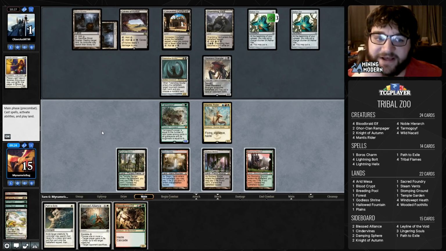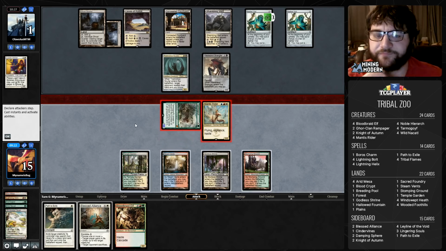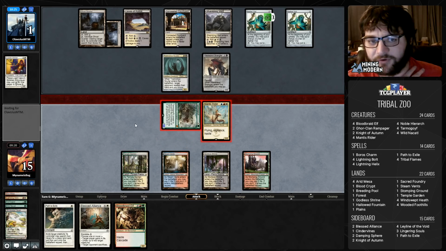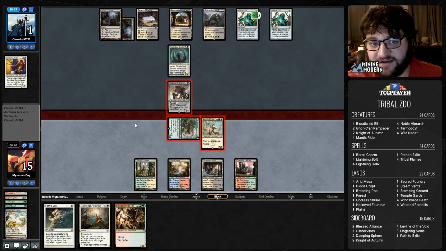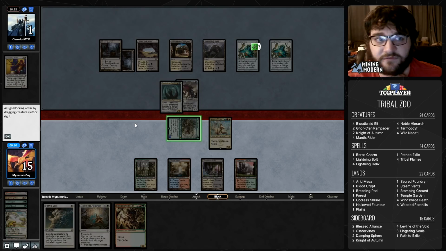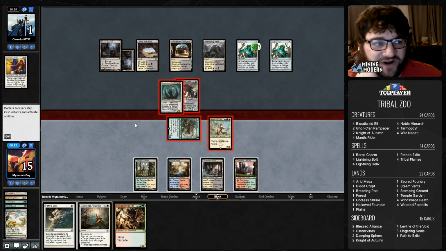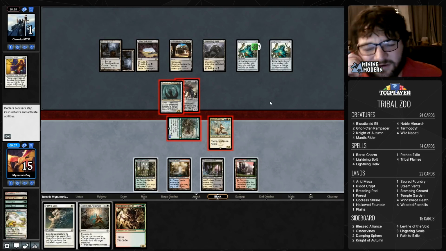I'm just going to move to combat. And I'm going to just lean on this path, I think, to try to win the game. But we will attack with both of these. My opponent has to have something or they're just dead. What is this? What are you doing? What's going on? I mean, that order's fine. I guess it's actually not, but...